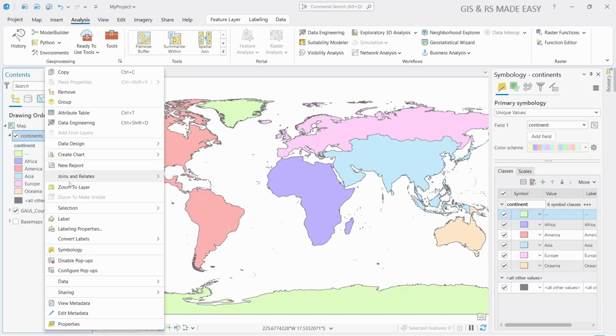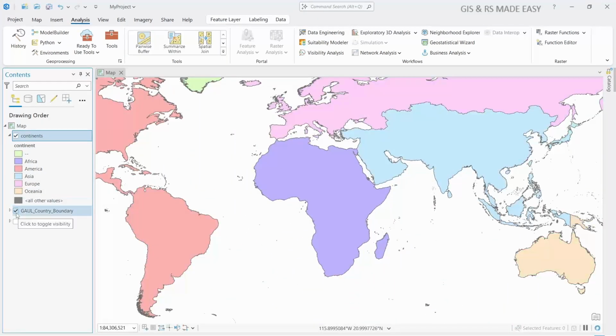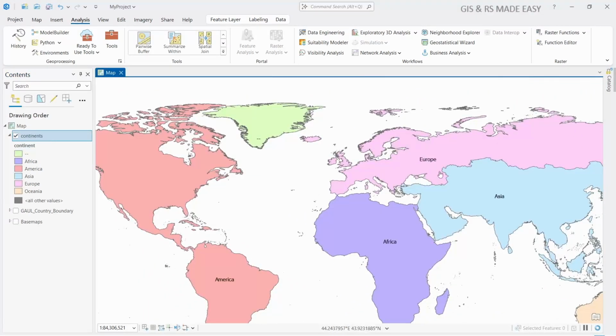And let's show the label. Let's uncheck this one and click on the continents layer. We can see that our labels are now shown properly,